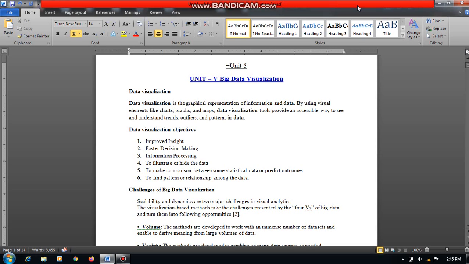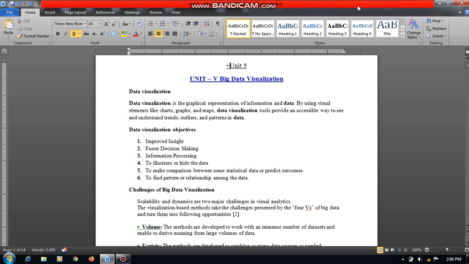Now we will start Unit number 5, that is Big Data Visualizations. In this chapter we cover the contents: introduction to data visualization, visualizing big data, challenges to big data visualization, types of data visualizations, conventional data visualization tools, techniques for visual data representation, tools used in data visualizations, proprietary data visualization tools, open source data visualization tools, analytical requirements used in big data visualizations, data visualization with Tableau, and